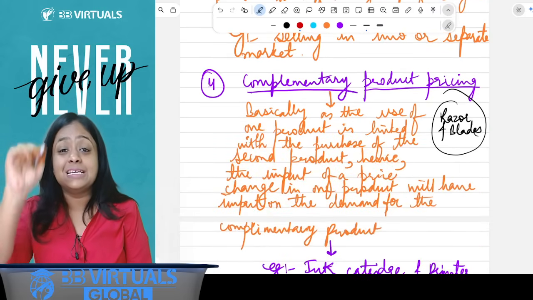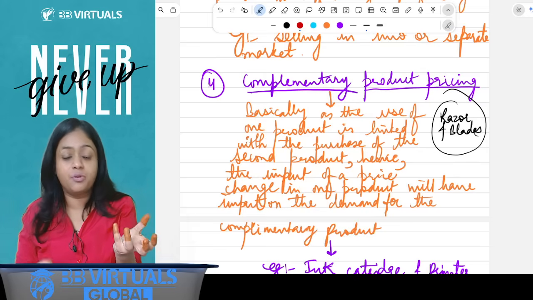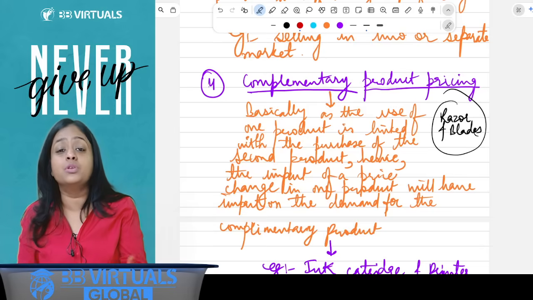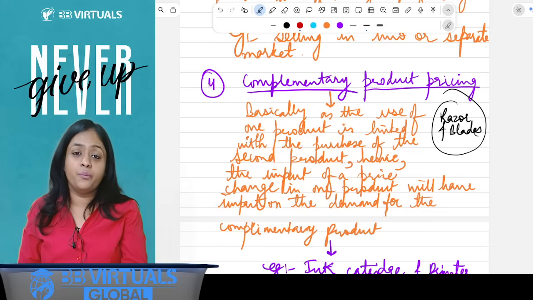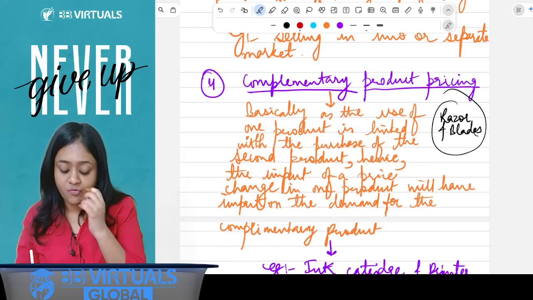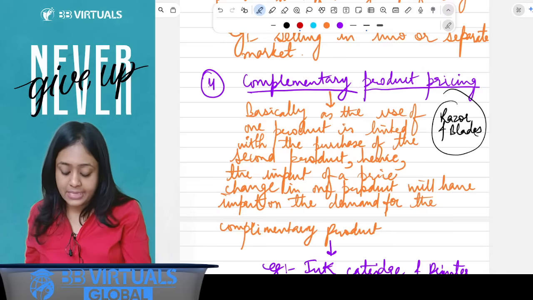Complementary product pricing is like razors and blades. That means the pricing of one product is related to another product, like computers and printers. If you don't have a computer, you cannot have a printer, right? So the use of one product is linked with the purchase of the second product, and hence